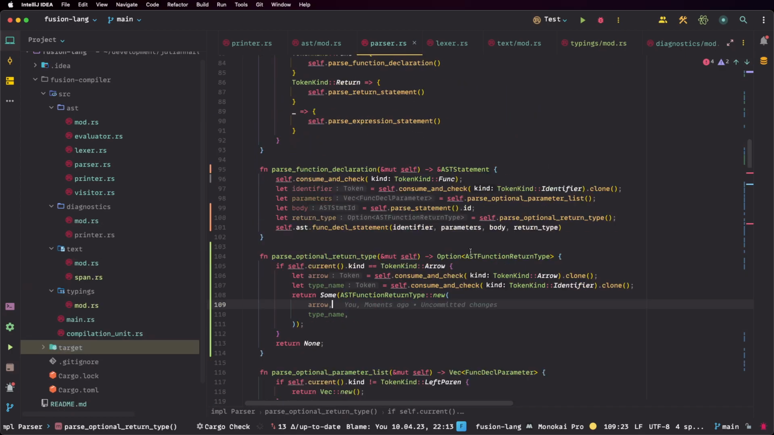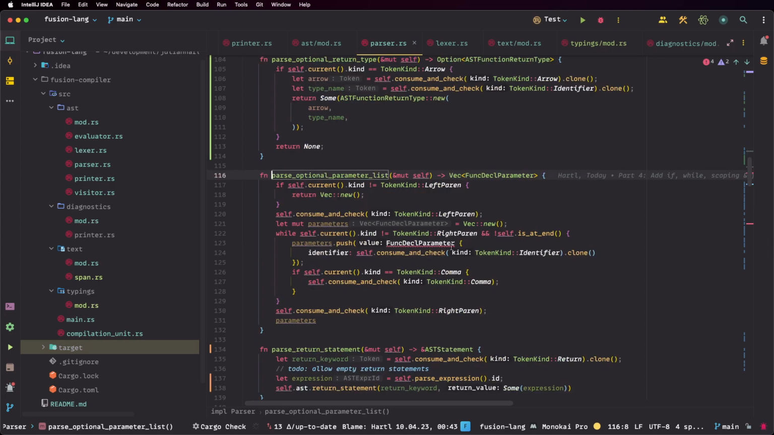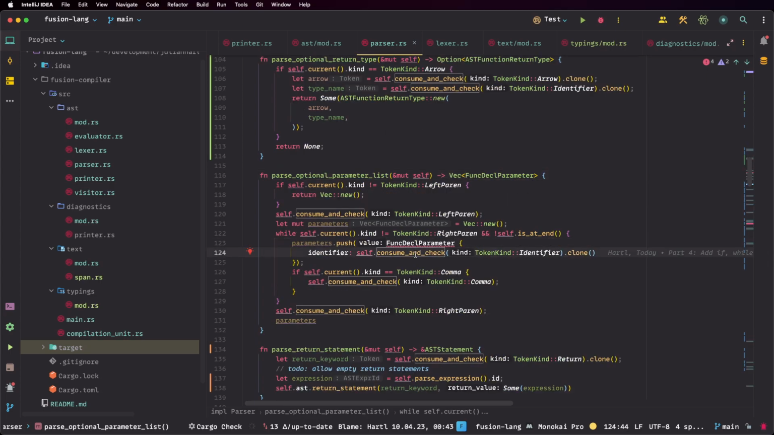Now when parsing our parameters, we'll probably also need